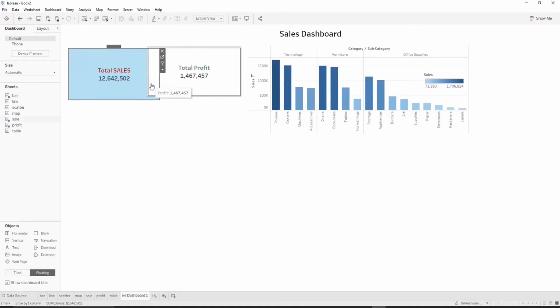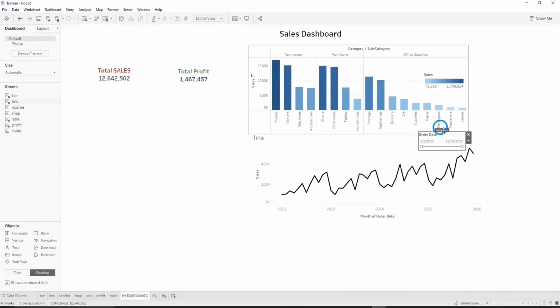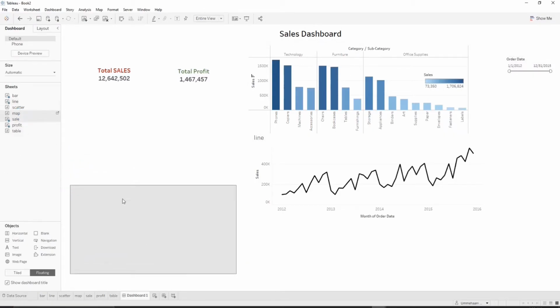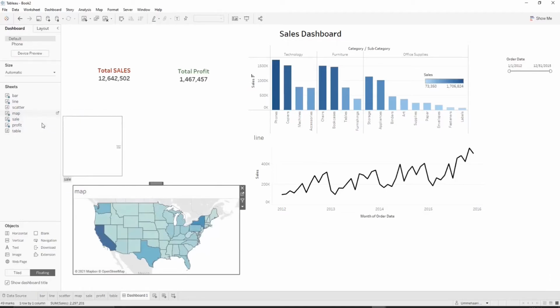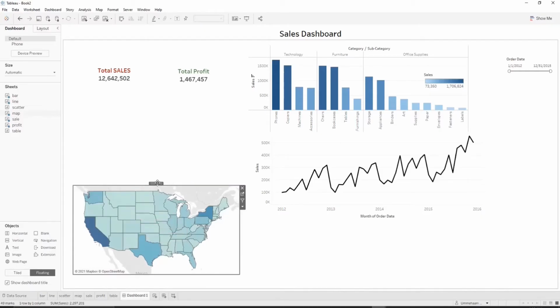And now we will bring in the line chart. You can resize the chart by clicking on the lines that are there above. When you click on the chart, those lines come, so you can simply click on them and drag your charts here and there. Next we will bring the map chart, click on those lines and arrange it, and then hide the title over here as well. For the line also the same thing, and now comes arranging it by clicking on the chart and the lines here and there to adjust it.